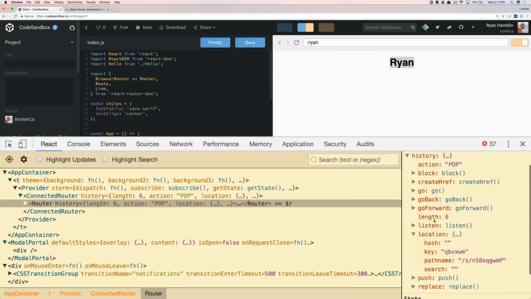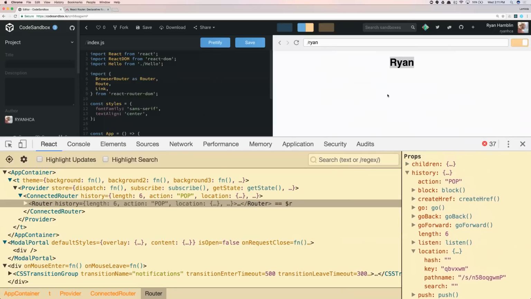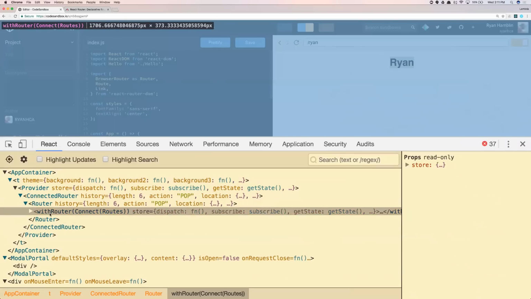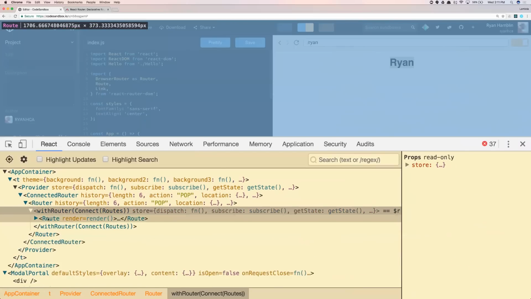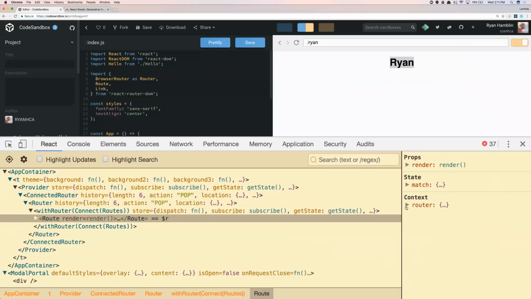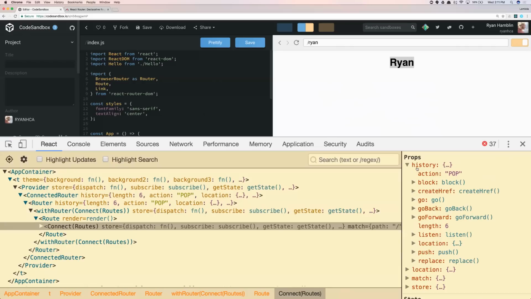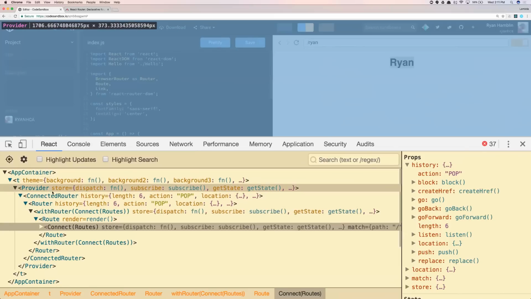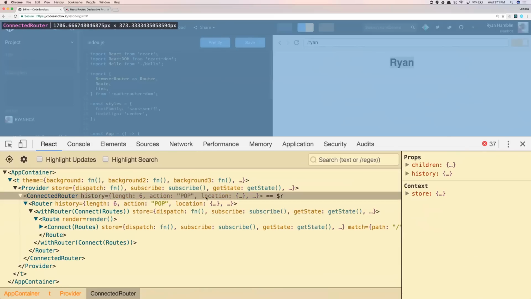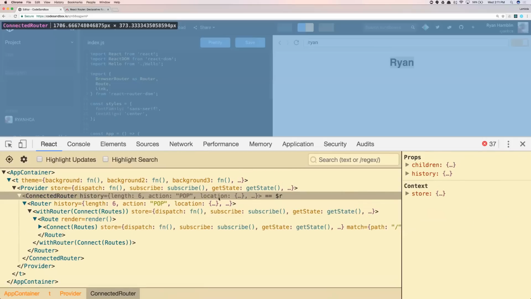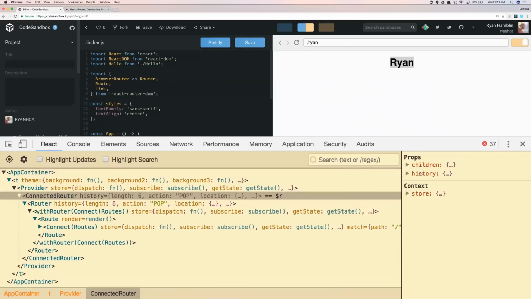It's weird that it's doing some hashing for the path name and everything. Part of this may be implicated because of the fact that we're using, sorry, not Create React App, we're using Code Sandbox. So we won't go too far into it, but just know that with this history, you can see we have, let's see, I wanted to be able to pull this open and just show you right away